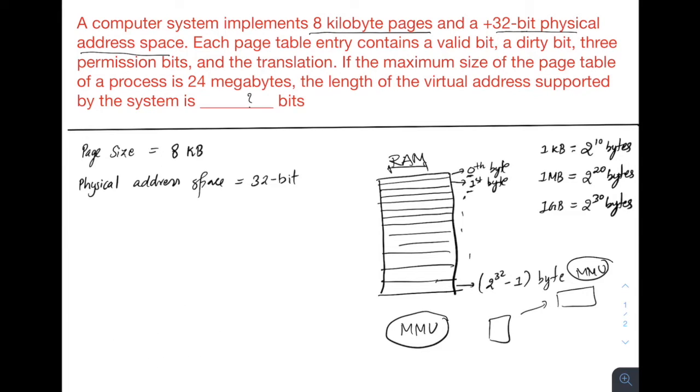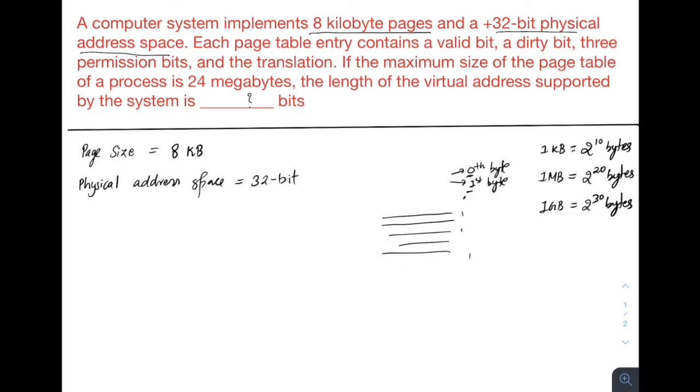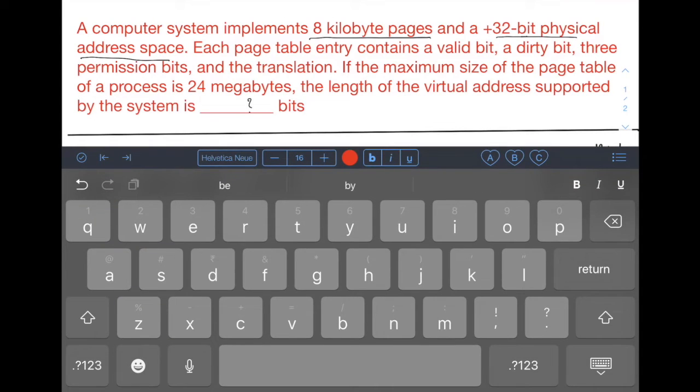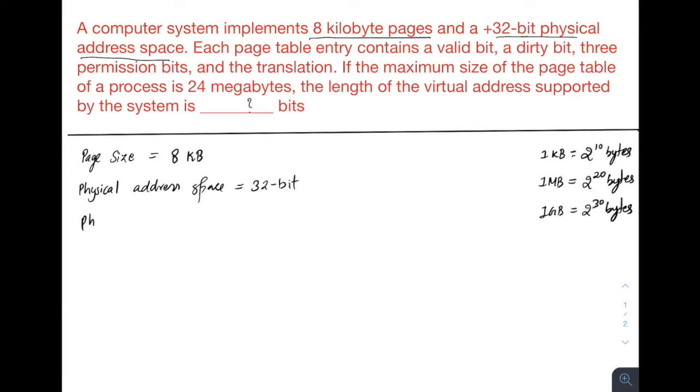So that's what 32-bit means. Let me remove this. Basically, the physical address space is 32-bit. Then what will be the physical address size? Both are different. The size here is 2 power 32 bytes, because in 32-bit you have 32 bits to store all the physical addresses. So you can store a maximum of 2 power 32 different bytes using these 32 bits, right?